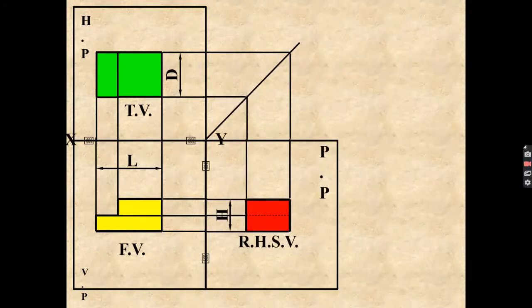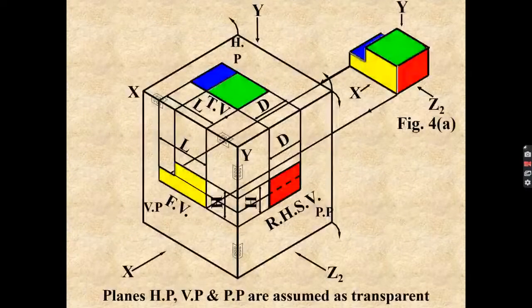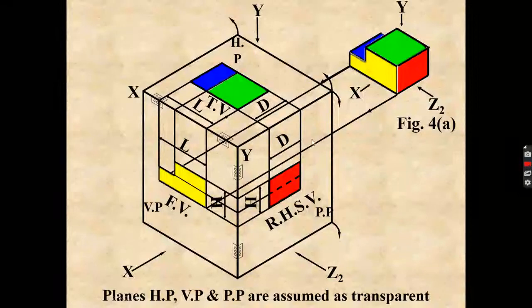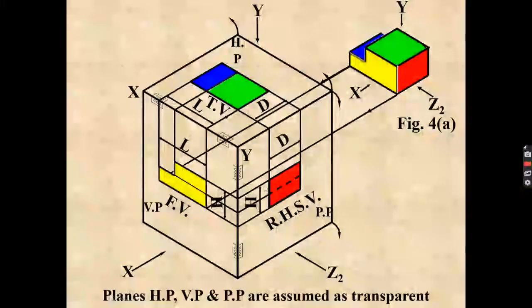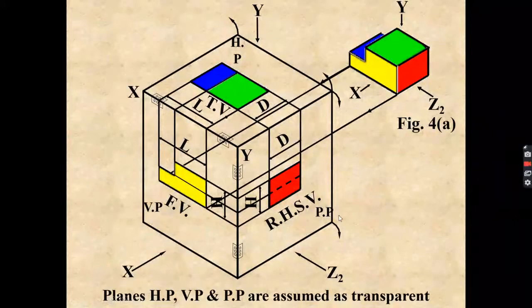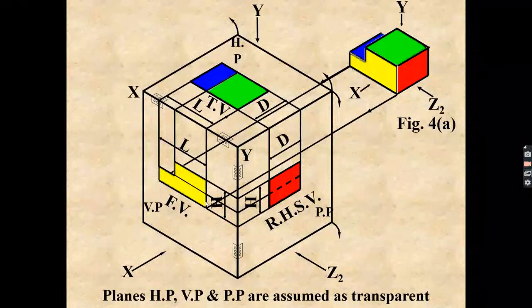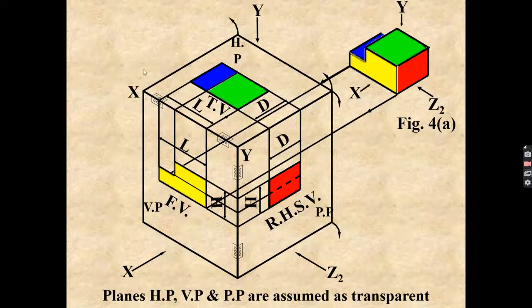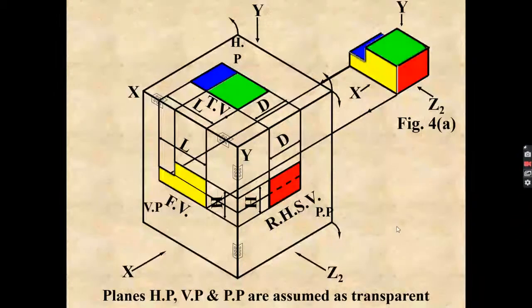Where you have to draw this left hand side view, you don't have to remember. Just remember that if it is your front view, and you move this plane in this direction, then obviously the right hand side view will be on the right side of the front view. This profile plane will be somewhere here, and if you move it this side, then your left hand side view will be on the left side. So in the third angle position, the right hand side view is on the right side of the front view, and the left hand side view is on the left side of the front view.